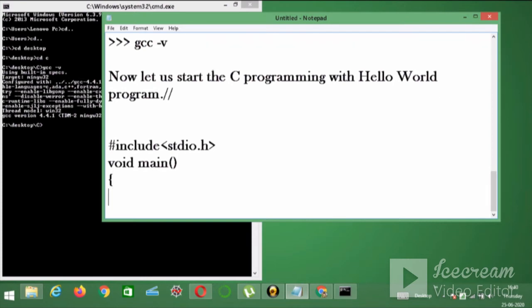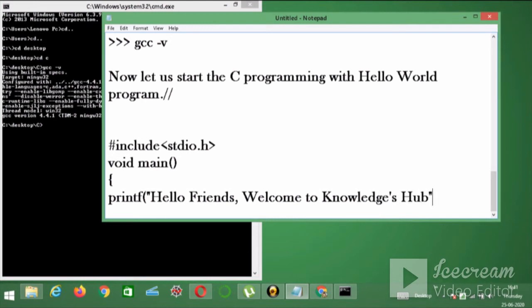then I have started the curly braces, then using the printing function, which is printf, I will just say hello friends, welcome to Knowledge Hub.